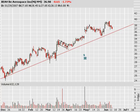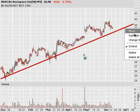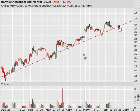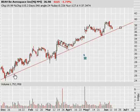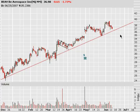The BE Aerospace. If I tighten up this trend line a little bit. There we go, something like that. Here we are getting pretty close to a support level again. So if you're in a position, look to add. If not, keep an eye on this. You might even consider this as a little bit of a flag pattern going on here. So anyway, next,